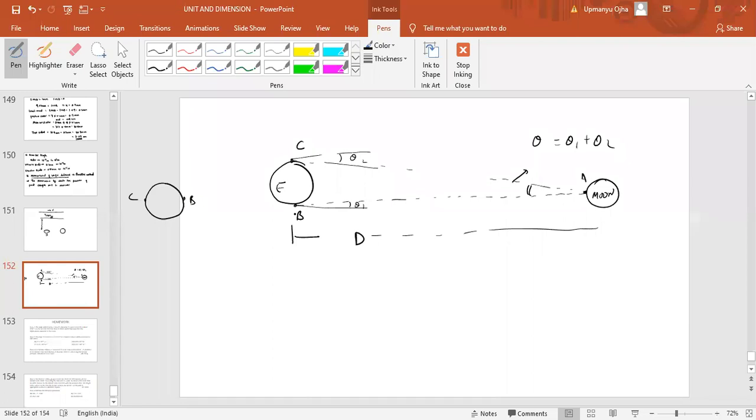Fine. So if you see here, can I draw it like this also? This was the point B, this was the point C. The distance between point B and point C is, say, b, or we can say the diameter of the Earth. We are observing a point A. Now point B makes an angle theta 1 from the vertical. Point C makes an angle theta 2 from the vertical. The total angle would be theta here. The distance between A and C is D.